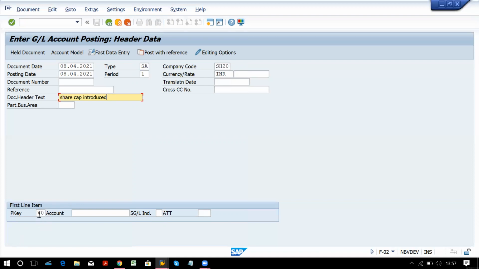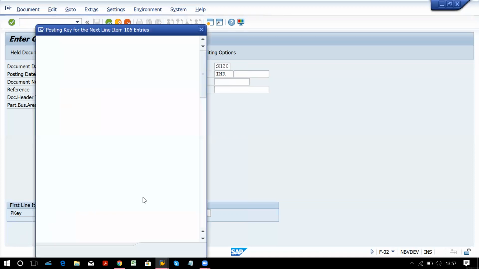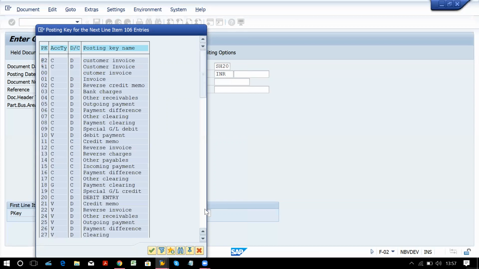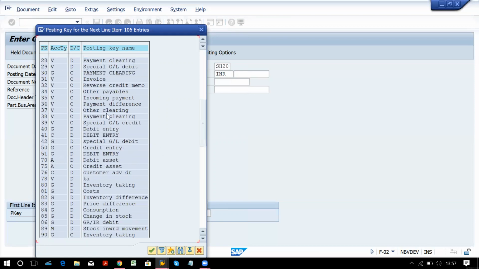Posting key is also picked up by the system automatically. That is 40. 40 is for GL account debit entry. Okay, this is your account type G, GL account, D debit entry.